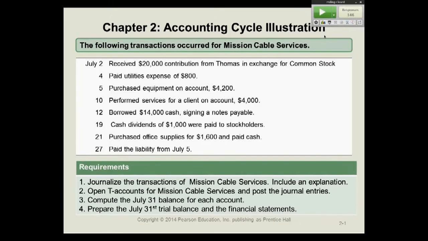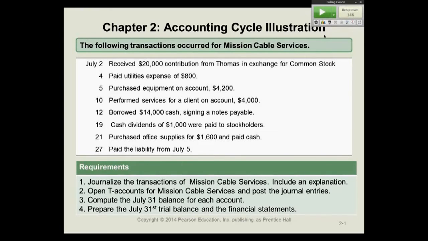I want to know how you would handle purchasing. Now I'm just calling people at random. The answer that was given is that you would debit the equipment account and you would credit accounts payable, and that is correct. So what you would have